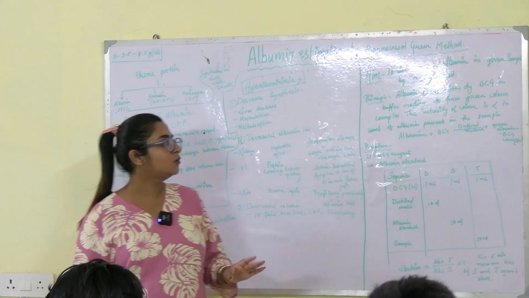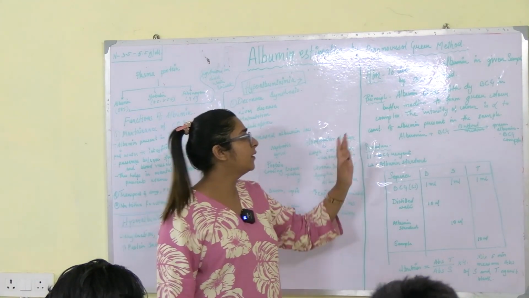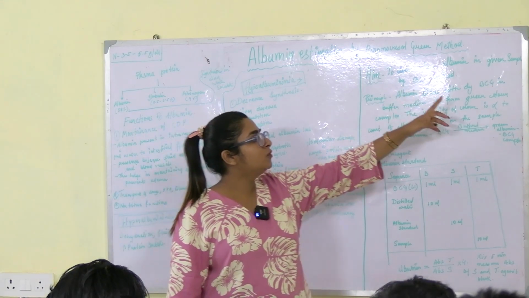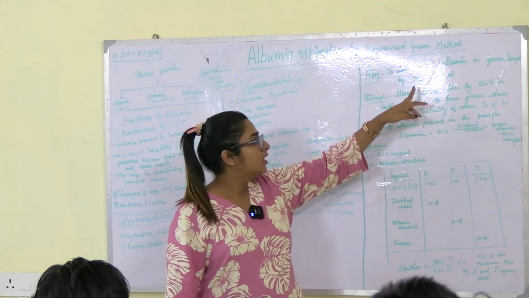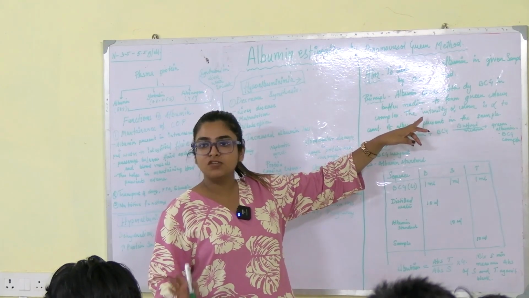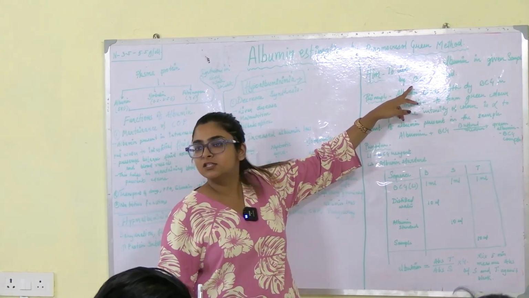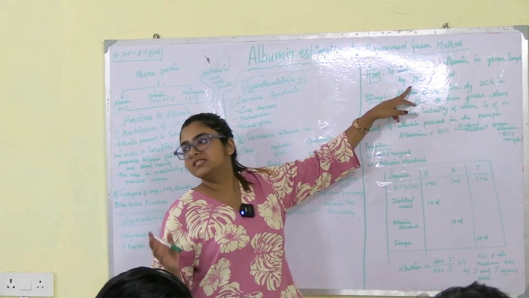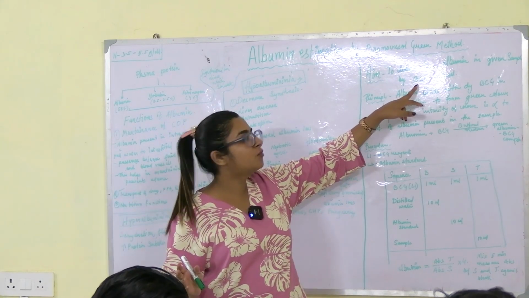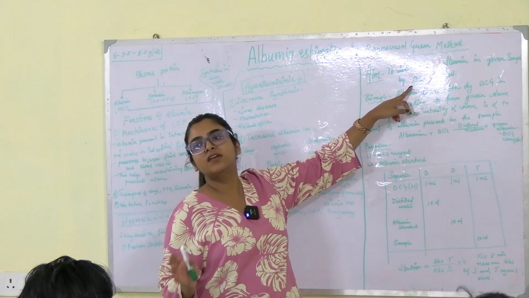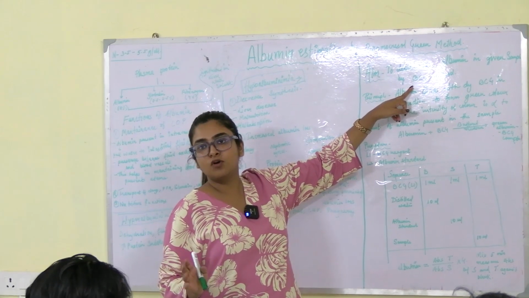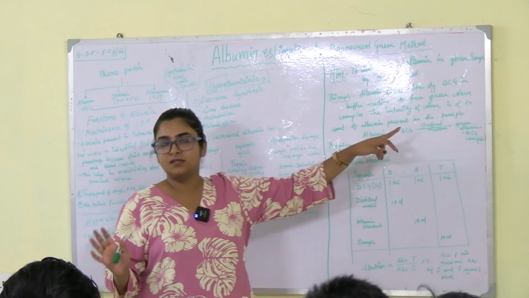I'll explain to you. Simple topic, okay. Aim is to determine the albumin in the given sample by BCG method. Simple, as you have known. Now, like the OCPC complex, you will be provided with the BCG dye in this one. What dye? BCG dye. In place of OCPC, you will be provided with the bromocresol green dye in the albumin kit itself.